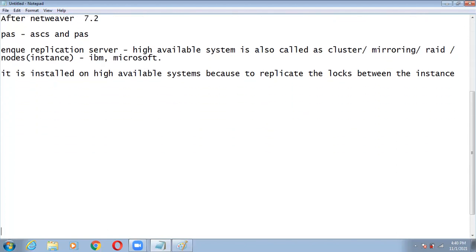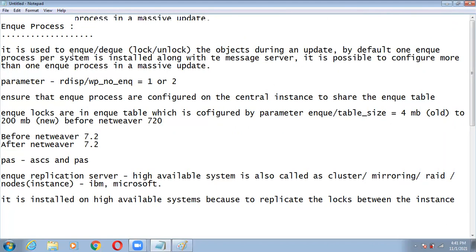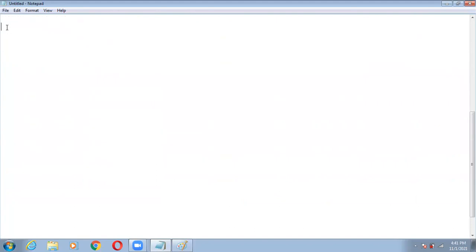So this is the concept of ERS, the NQ replication server. Up to now, what I told is about the NQ. These all come under the NQ definition. The actual steps for the NQ will start here. What is the NQ process flow? First, as for all work processes, these three steps are common. The user submits the